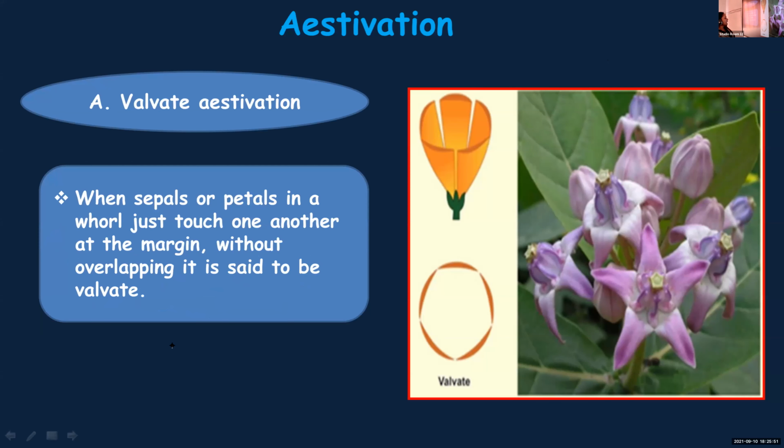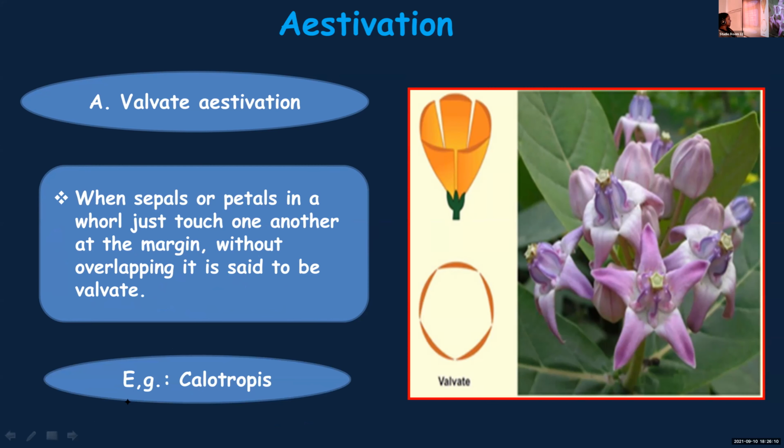Once again, valvate aestivation means here the sepals and petals are arranged in such a way that they just touch each other at the margin, but there is no overlapping. The petals or sepals are not overlapping each other. Instead, they just touch one another at the margin. Example is